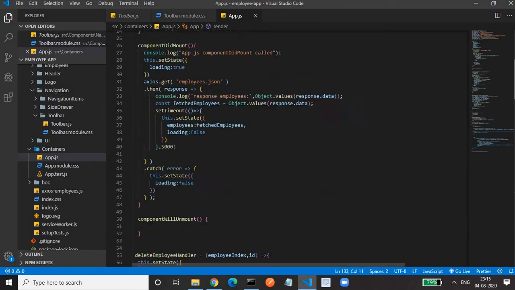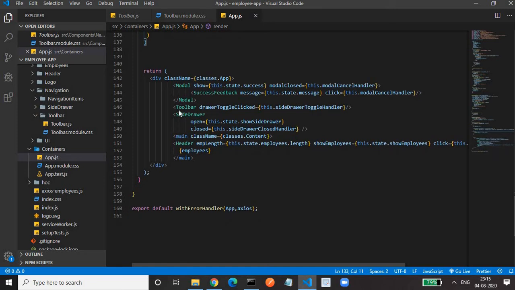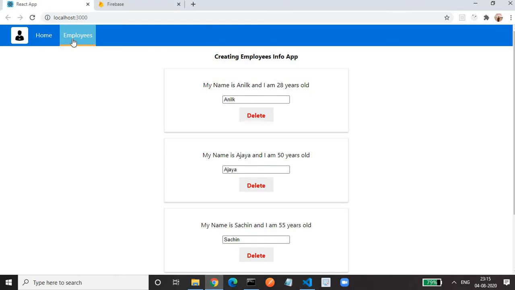If you see what I have done here, I have added my toolbar and also the sidebar. Below the toolbar and sidebar I have the main content, which is shown below the toolbar. So you're getting it right. Toolbar means this one, and sidebar means that sidebar on the mobile screen.